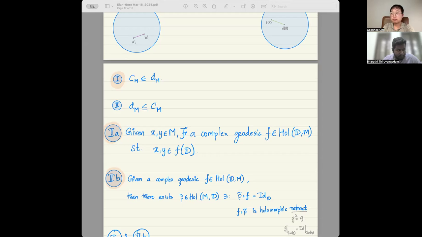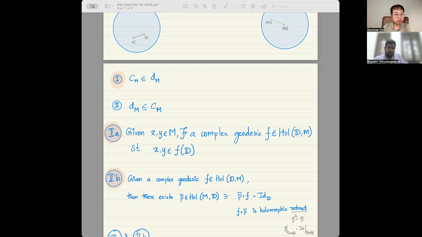That is one. The second part, which is more interesting and is specific to the assumptions of Lempert's theorem, is that the domain complex manifold that we assume is biholomorphic to a convex domain. So we did that in 2 parts. How? You take 2 points X and Y in the manifold, and the first part says that there exists a complex geodesic, which is nothing but a holomorphic map from D to M, such that